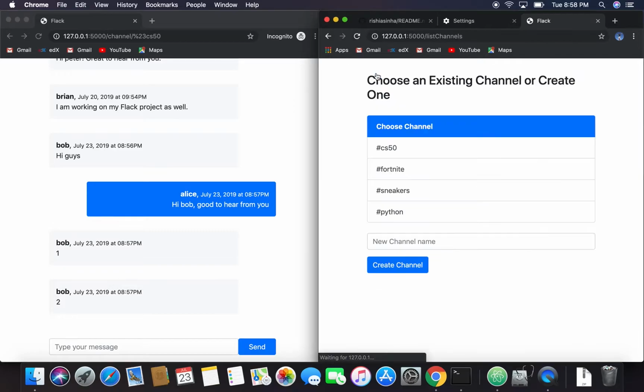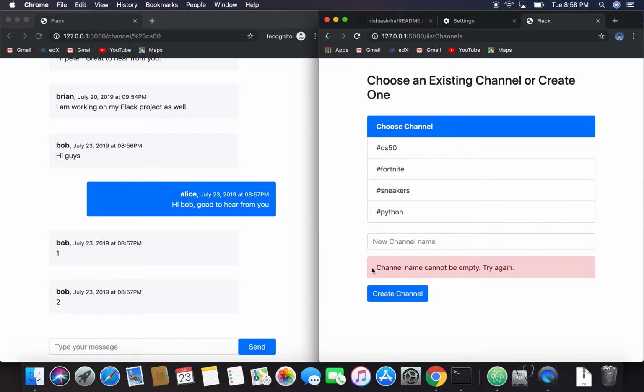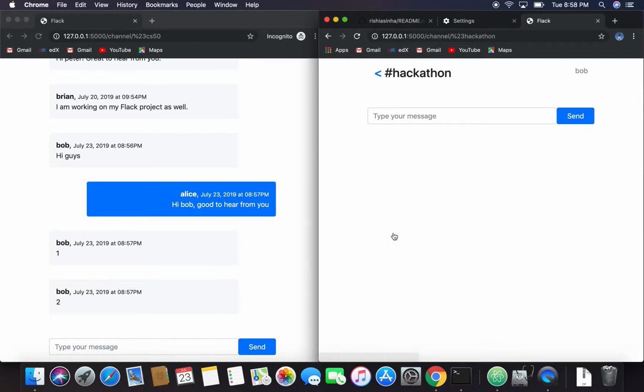He can always go back to the list channels page, and there's a form that says create new channel. And let's say he leaves it blank again. It says channel name cannot be empty, try again. So let's say he makes something called #hackathon and hits create channel. He goes into that channel and types, "Hi guys, can't wait to hack." And he hits send